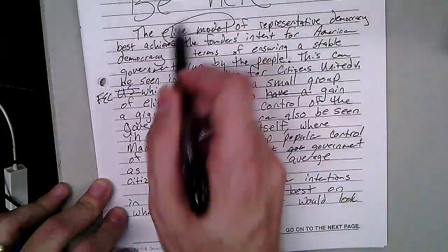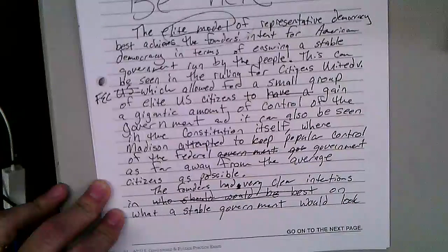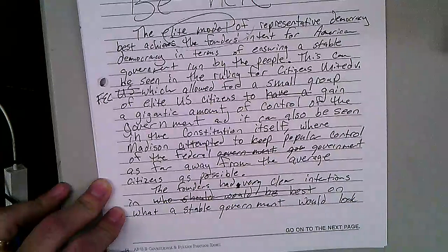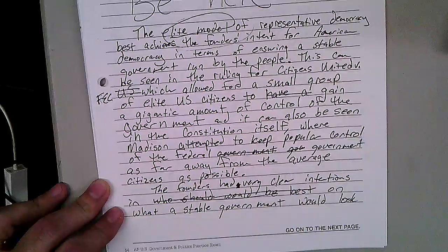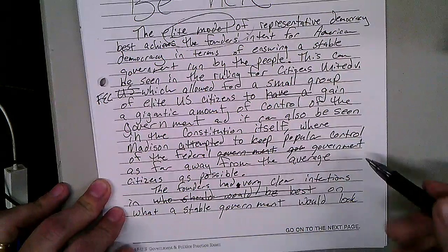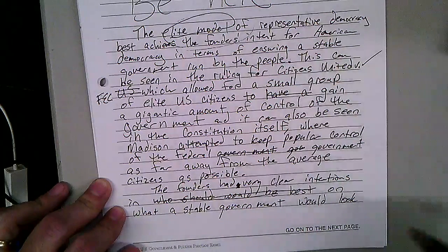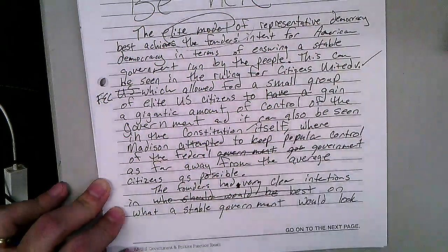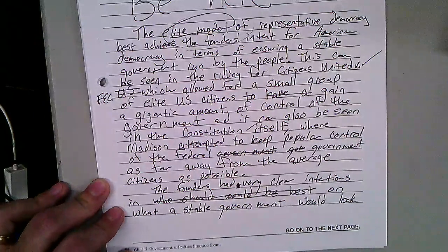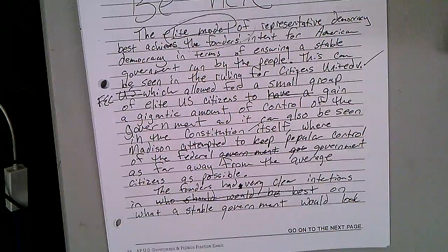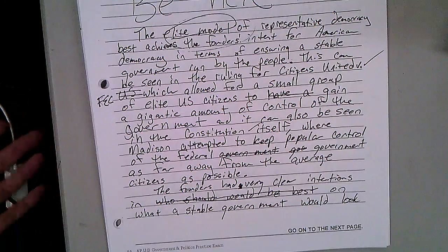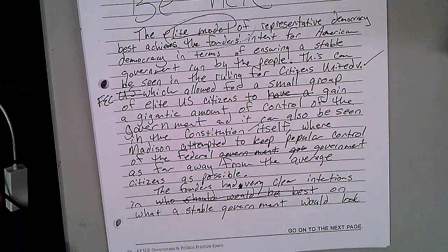I've given my answer as elite model best represents it. And I have introduced two things that I can prove through an argument, right? That proof is shown in Citizens United and proof is shown in the Constitution. Is that defensible? It is defensible, right? It answers the question and we move forward, okay? So down here,